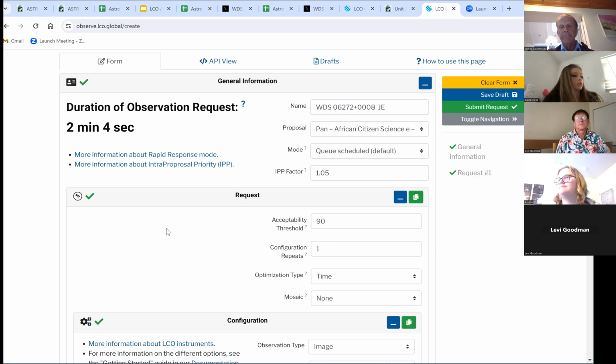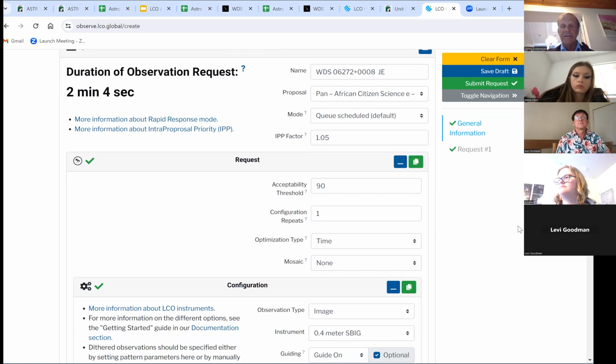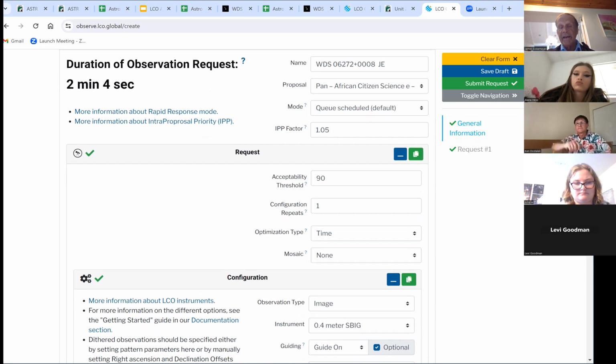But I wanted you to be able to go through the entire process, and so that's the reason for setting up an account for each one of you, and then that gives you the opportunity to also, if you wanted to take more data in the future, or if you had other stars that you wanted to look at, or maybe the picture didn't come out, and so you wanted to try a different star, you'd have that kind of